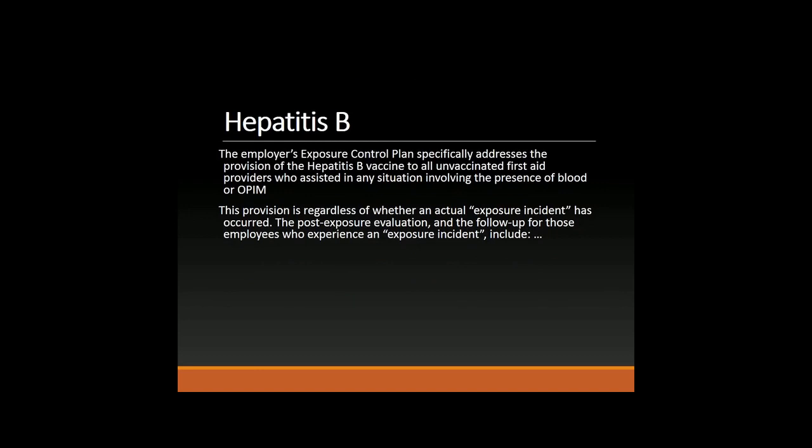Hepatitis B. The employer's exposure control plan specifically addresses the provision of the hepatitis B vaccine to all unvaccinated first aid providers who assisted in any situation involving the presence of blood or IPIM. This provision is regardless of whether an actual exposure incident has occurred. The post-exposure evaluation and the follow-up for those employees who experience an exposure incident include